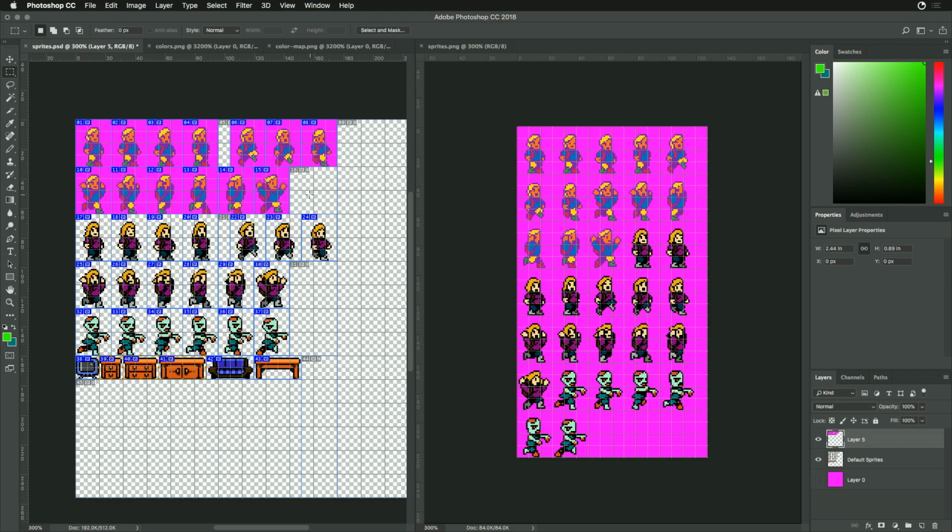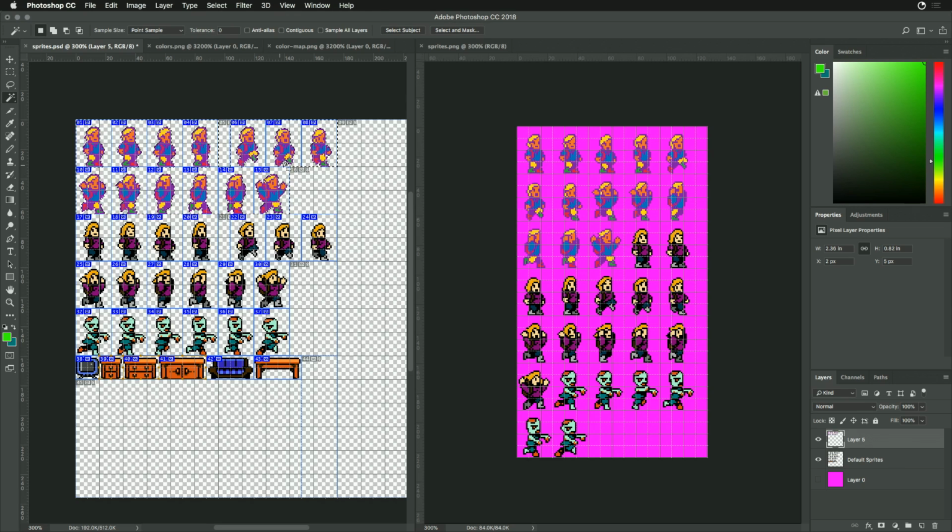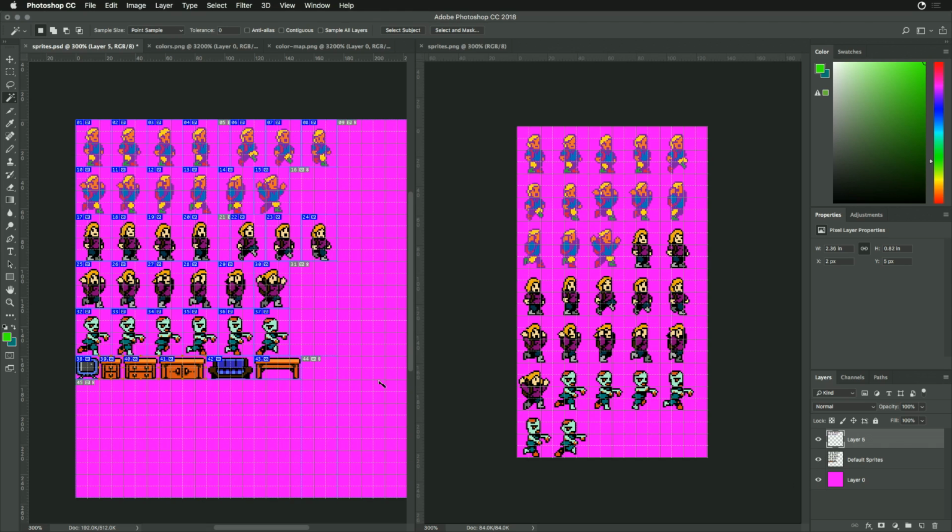So let's see here. What we've got now is all of these sprites. I'm going to hit W for the magic wand. We're going to remove the transparency, and now when we go to export this, we're going to get the new color palette guys. Now the next thing that we want to do, and in fact, let's do a background layer,